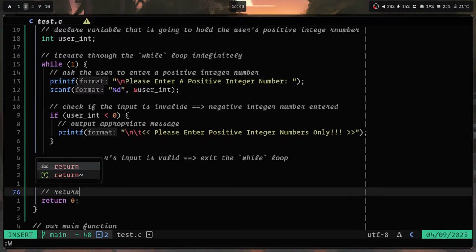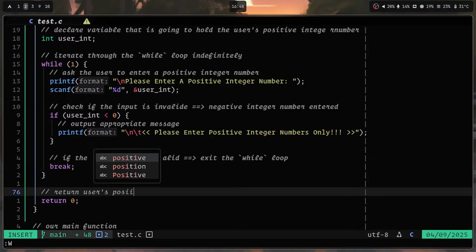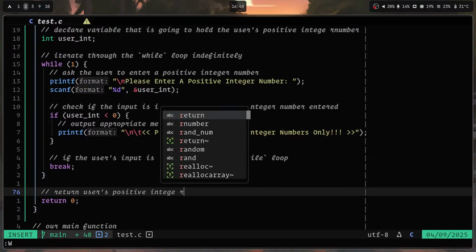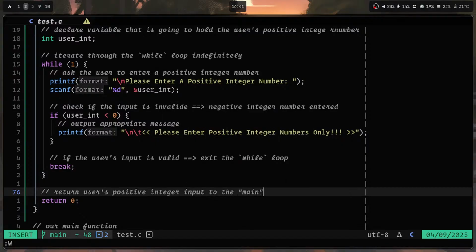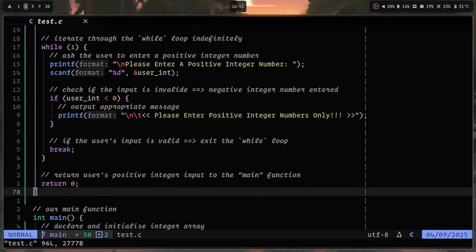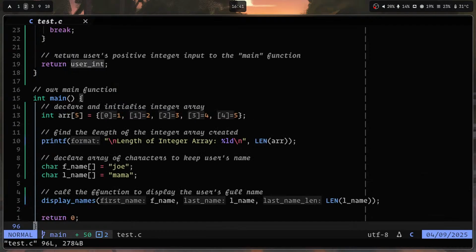I'm just gonna return the user's positive integer input to the main function. So return user_int, and then